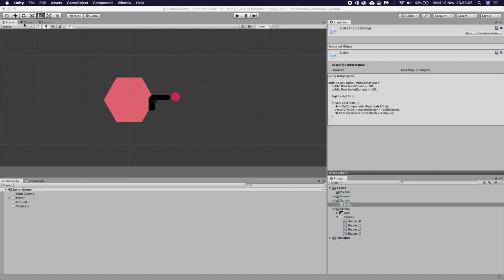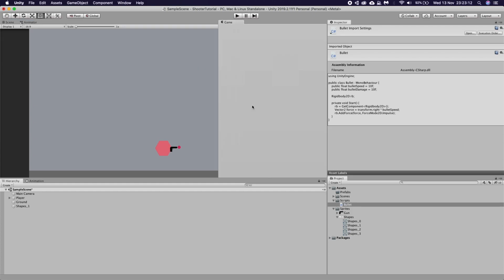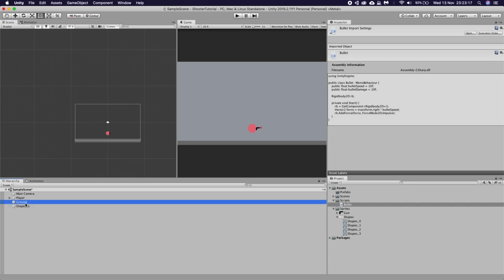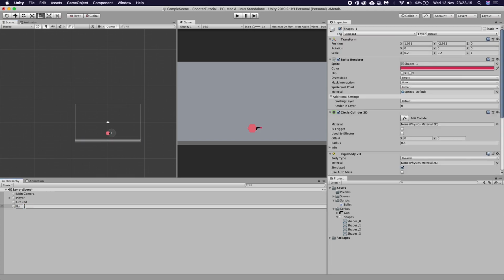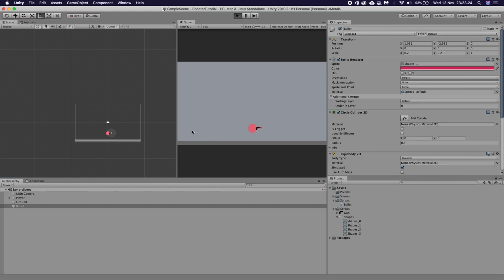I'm actually going to dock the game, maximize play, so I'm going to dock this to the right so we can actually see in the editor where the bullet goes. So if we highlight the, oh, we've called it shape, I'm going to rename it to bullet, and if we click play, you'll see the bullet shoot straight off, and there it goes. Off it goes into the distance forever. I don't know if this loses velocity. Nope. Yep, so that's gone. So cool.